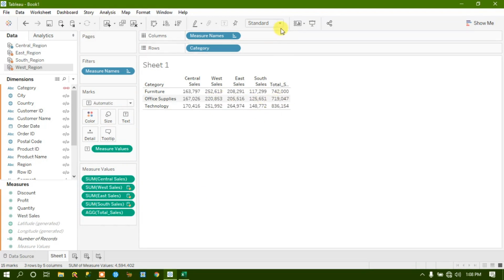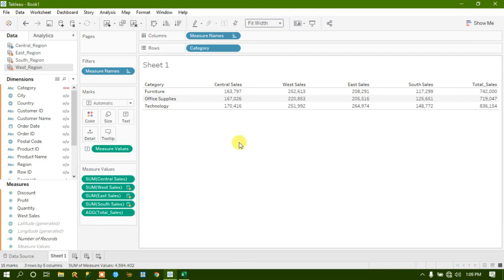these visualizations. Let's say I click on fit width, so it will give me the entire fit width. And if you see, this sale is generated in the central region, this sale is generated in the west region, this sale is generated in the east region, this sale is generated in the south region. So what we have done, we have created a calculated field with the name of total net sales. And what we have done,